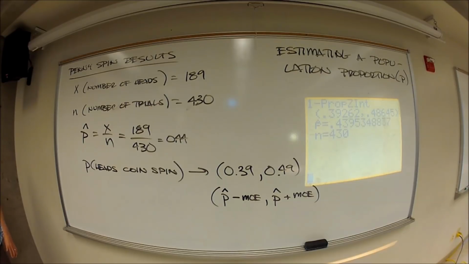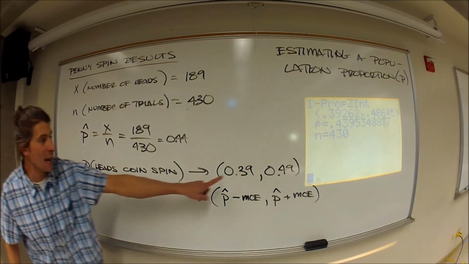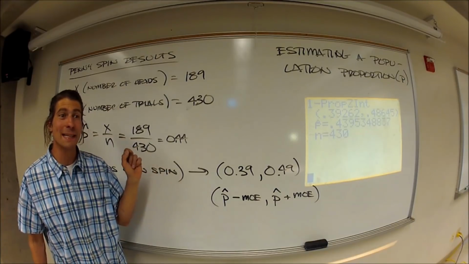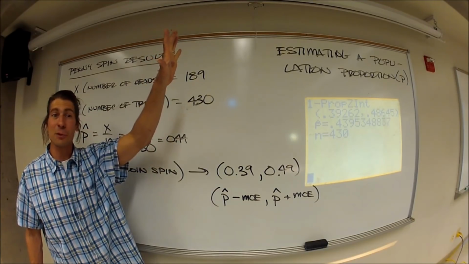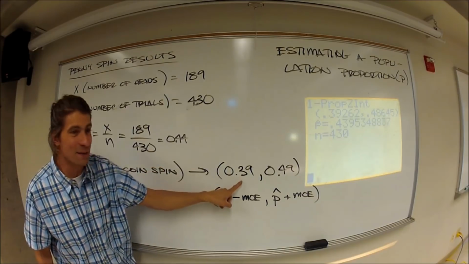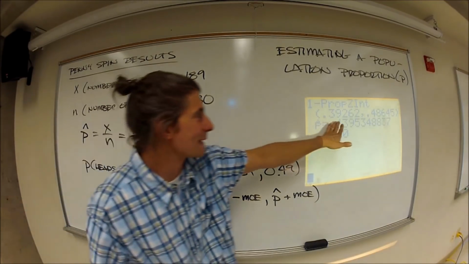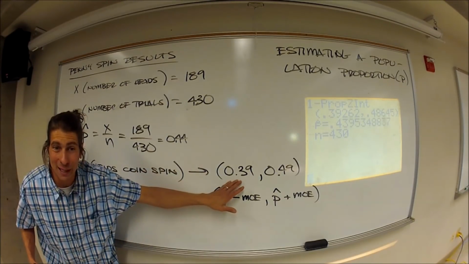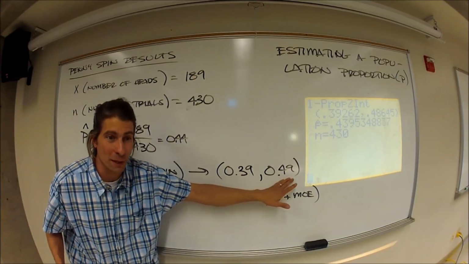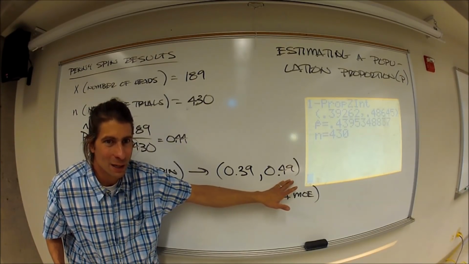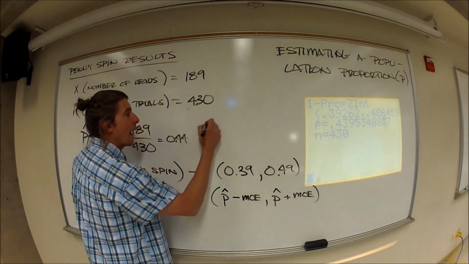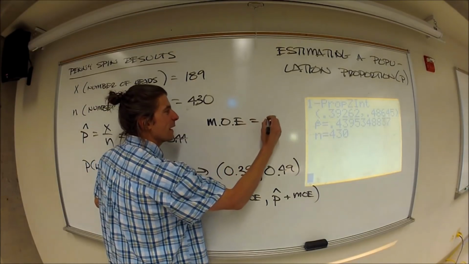So knowing that, what is the value of the margin of error? If this is p hat minus it, and this is p hat plus it, it's got to be 5%, doesn't it? 44% minus 5 gets you, we're ishing, because it's not exactly 5, but it's close-ish. This minus 5% gets you down to 39%. This plus 5% gets you up to 49%. See what I'm getting at there, friends? So we know that p hat is 0.44,